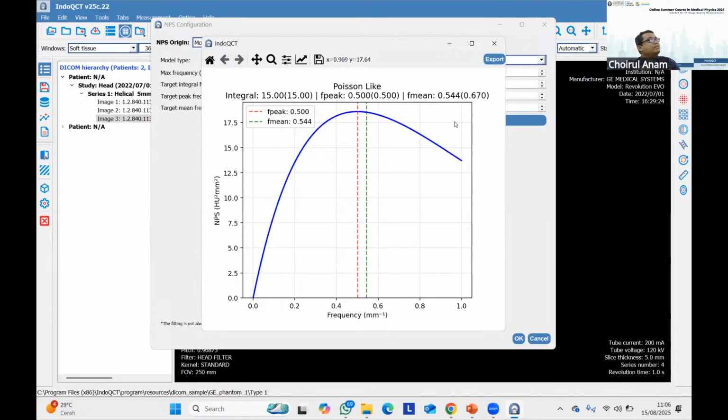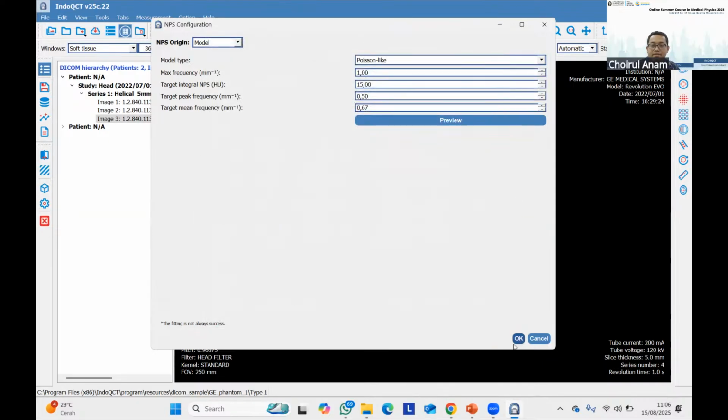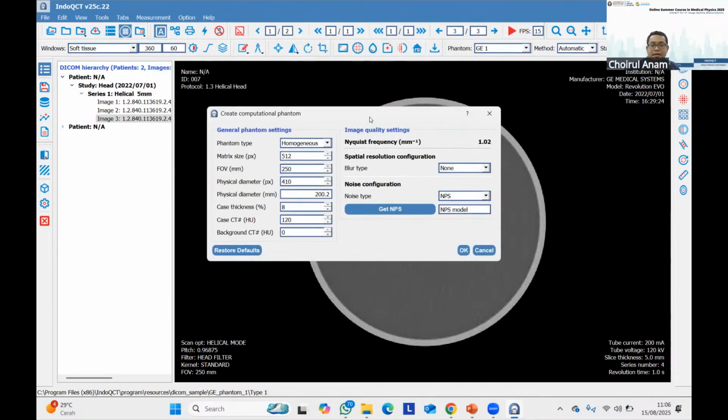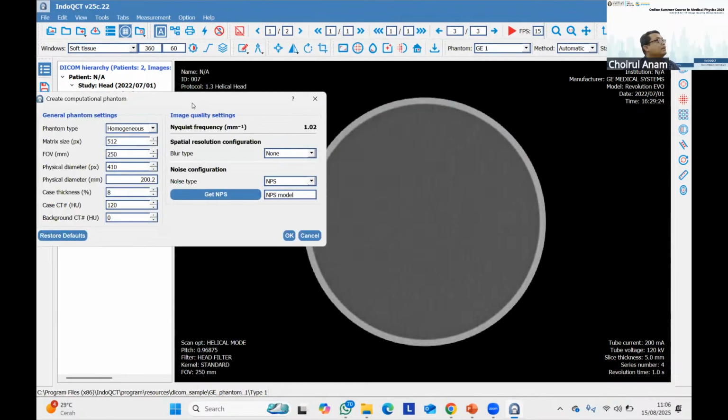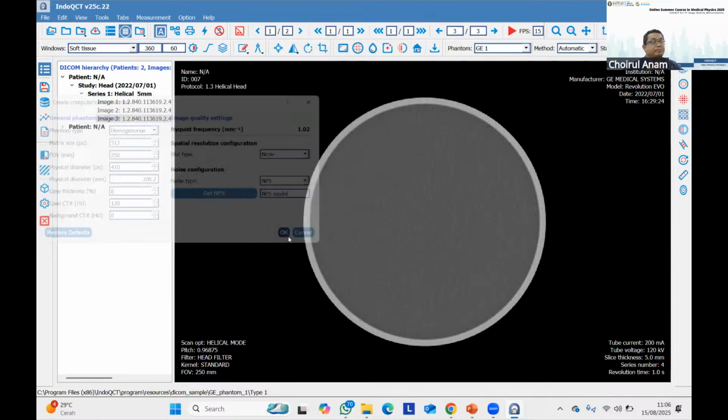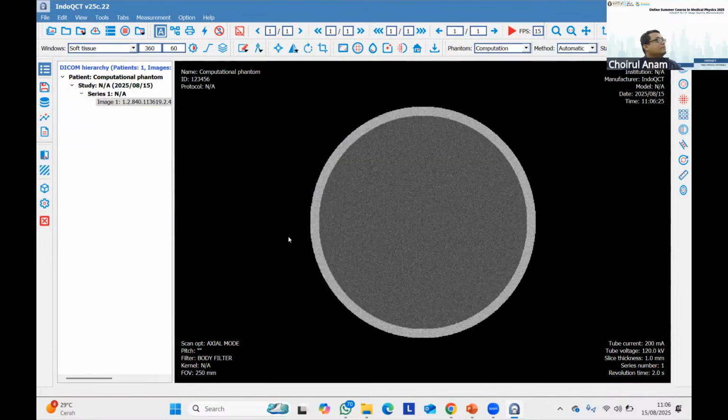So the peak frequency is 0.5. Please look at this picture carefully, and I click this open button. Yeah, this result. You can see this result with the relatively high frequency, and you can measure